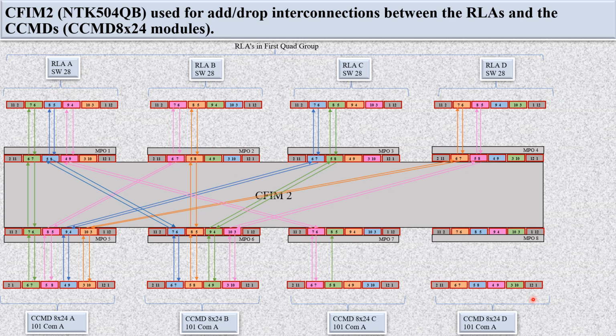By second fiber pair, it is connected to RLA-B. By third fiber pair, it is connected to RLA-C. And by fourth fiber pair, you can see it is connected to RLA-D. So now you can see